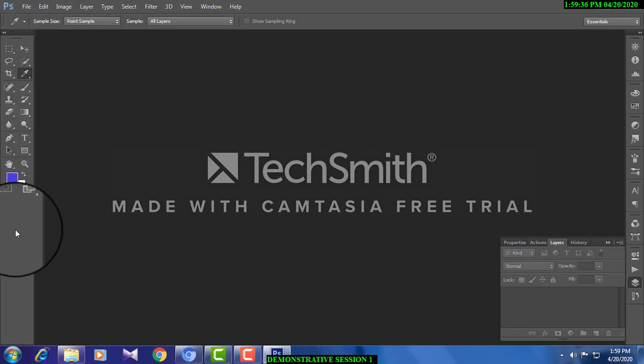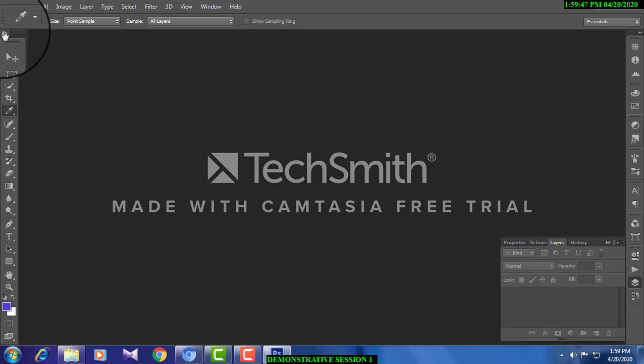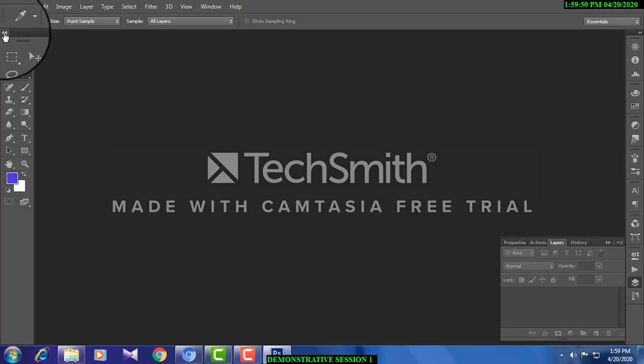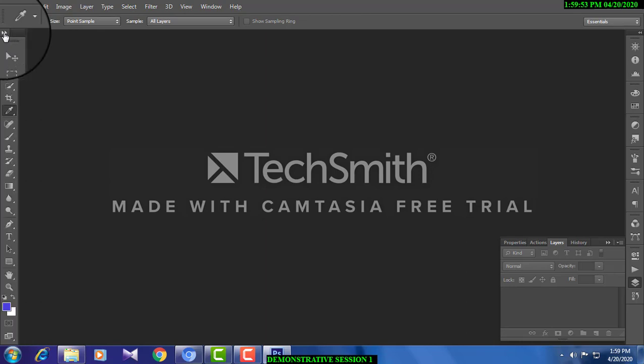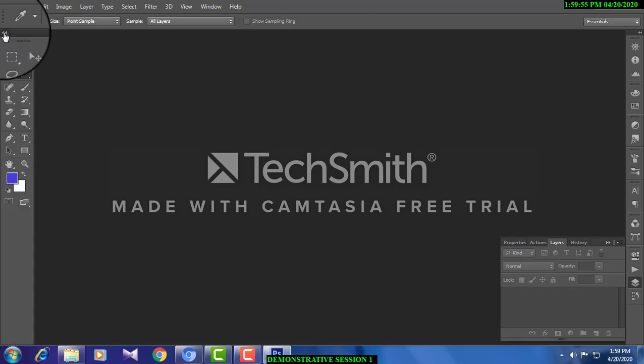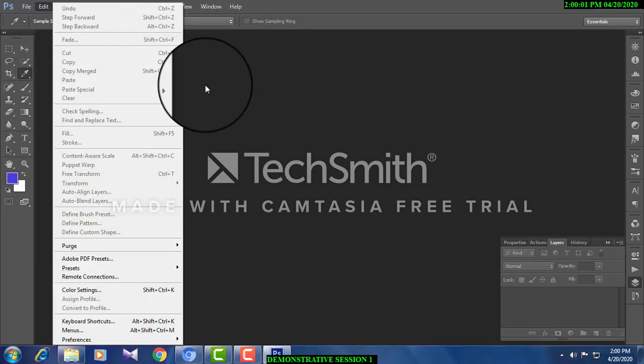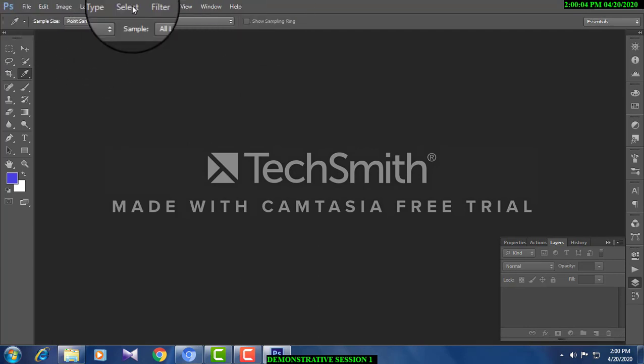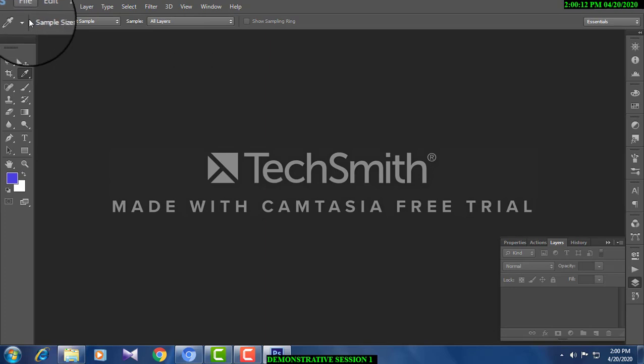Now, my dear friends, this is the working area of Photoshop CS6. And these are the tools. This is the toolbar, and with regard to the toolbar, you can fold it in one and you can make it in two rows. You can make it as two columns, just by clicking. See it according to your convenience, you can make it. And this is the menu bar, and you have different kinds of menu available. It differs version to version. For example, Photoshop 7 may have a different menu, and Photoshop CS6 and other versions will vary in menu.